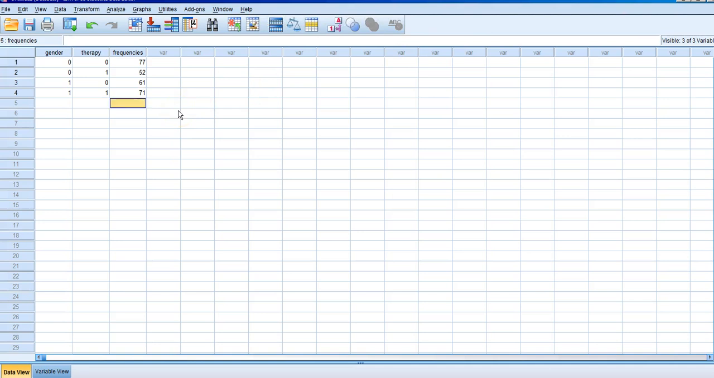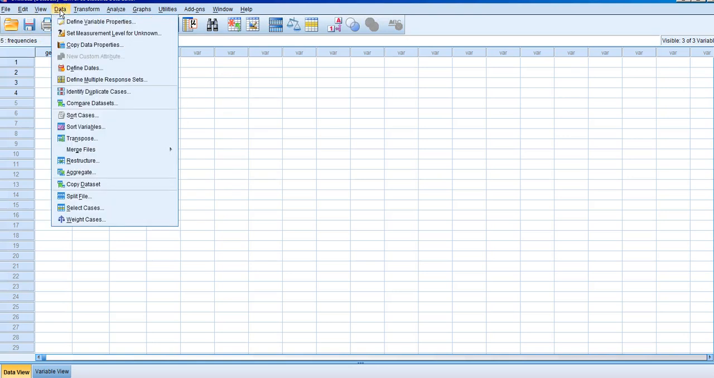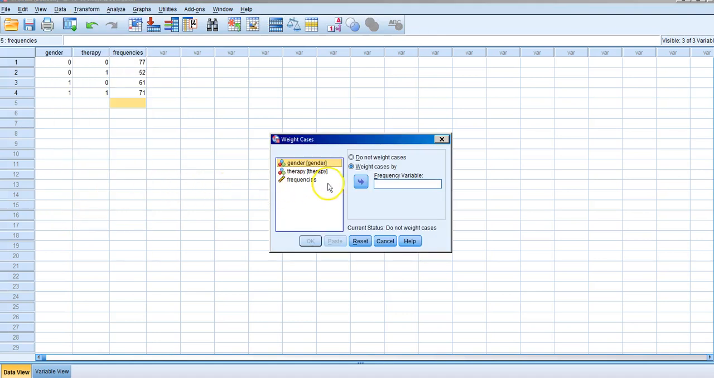All right, now this is a very important step. You must tell SPSS that you are going to weight your variables with frequencies. What you need to do for that is click on Data up here, and you're going to go down to the very bottom where it says Weight Cases, and your frequency variable,